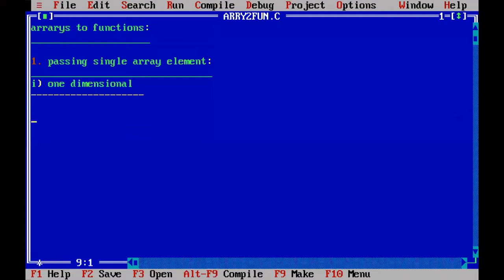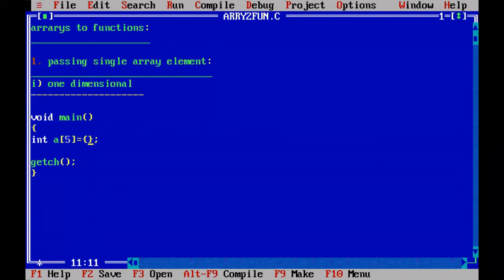So write down void main, opening brace and closing brace. Write down getch. In this program, we are going to pass an array element. So create an integer array. Any array you can create, but I am considering an integer array. A of 5, an array of 5 elements, initialized with open brace and closing brace.